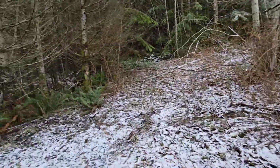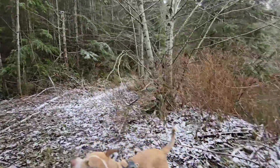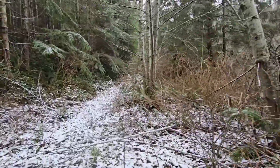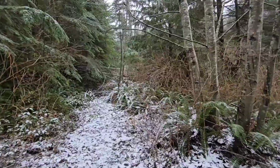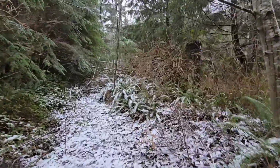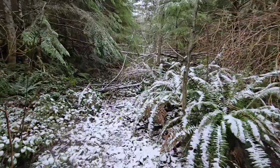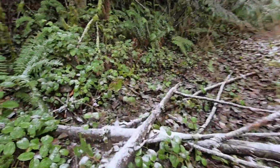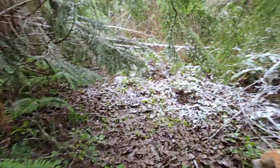I'm going to take the right-handed path as far up as I can go. From what I can see, it's fairly clear beyond this pickup stick mess. Or at least that's what my brain is telling me. Let's go check it out. And this is what I was referring to as bushwhacking. Making sure I step in appropriate places so I'm not killing salal or harming